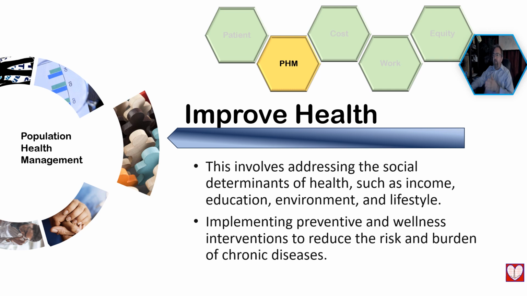But implementing preventative and wellness interventions to reduce the risk and burden of chronic disease is the real trick here, isn't it? Because hospitals are brick and mortar that tend to cater to acute care. And if we're keeping patients out of the hospital, then all that brick and mortar tends to go to waste. So there's a true dichotomy of thinking: how should a healthcare institution fund to better steer these social determinants of health? It's a double-edged sword for many CFOs.